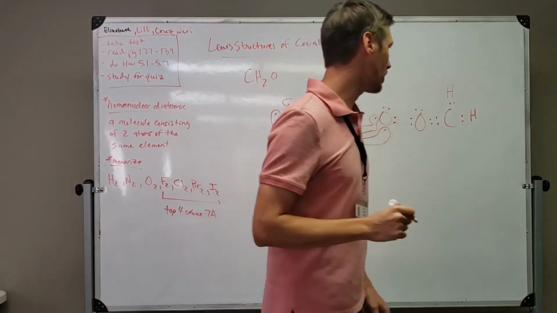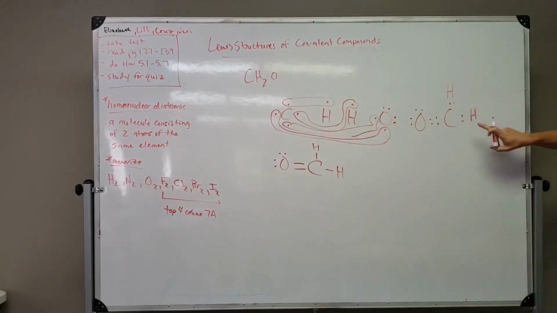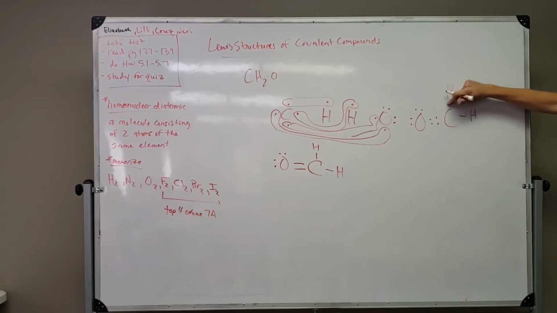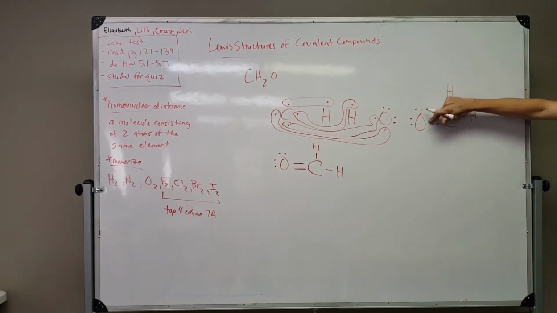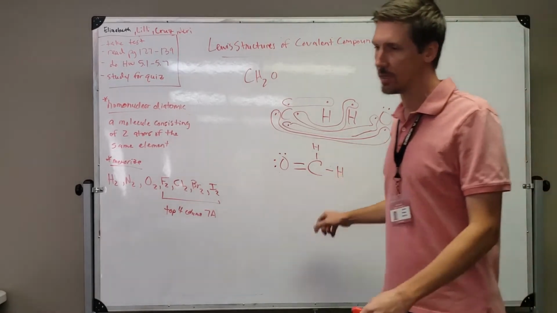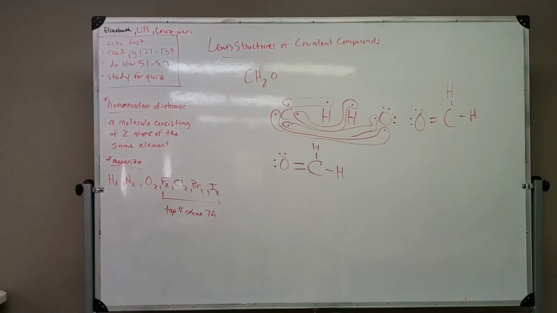You could draw your Lewis structure that way as well, and then anytime you've got electrons between 2 atoms, just replace that with a line for each pair of electrons, right? You could do it like that as well. However, it's easiest for you to see that they're sharing these, and just make sure you replace the shared electrons with a line. Any other questions